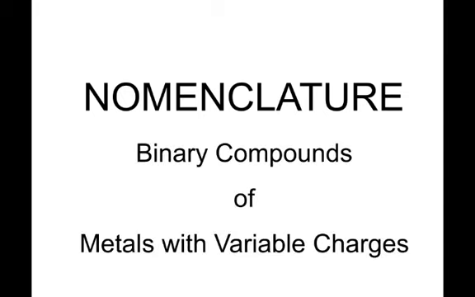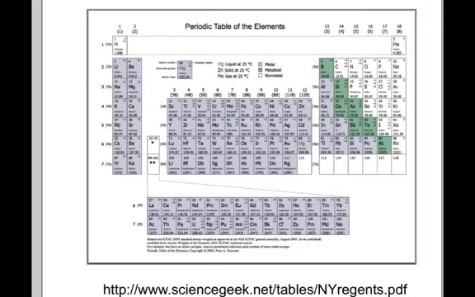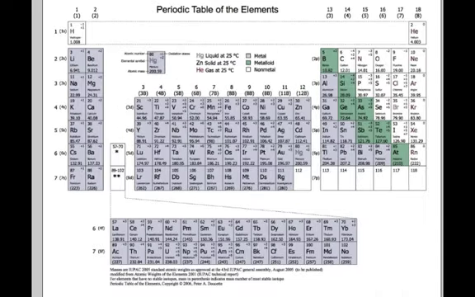In this video, we'll do some more nomenclature, specifically binary compounds, though this time the metals will have variable charges, meaning multiple charges possible. We'll make use of the Science Geek periodic table, available at this website. Let's start off by doing a couple of examples of